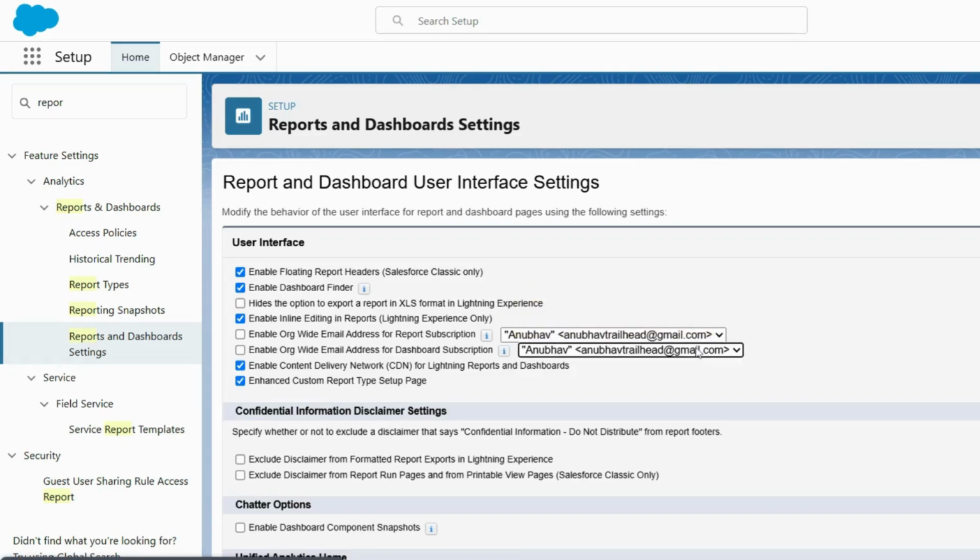I have already added this org-wide email address, so now you can see that the option is enabled. Now we can enable it from here and select the user, and then the email can directly go from here.